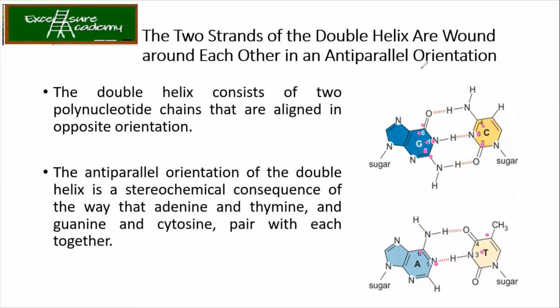Now please remember the structure, because in the next slides we are going to study why the hydrogen bond is not possible between A and C or G and T. So we know that it is AT base pairing and GC base pairing, but why in nature is AC and GT base pairing not possible? Can anyone tell me why? Even though both purines and pyrimidines are present, they also have nitrogen and oxygen, and they can also form the hydrogen bond. But why is it not possible to form between AC and GT? Any idea?